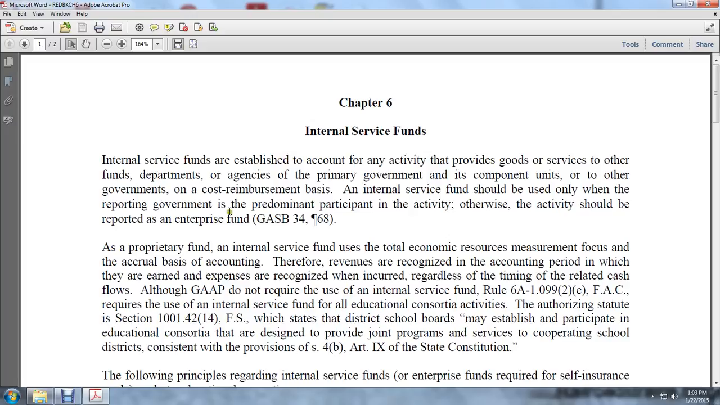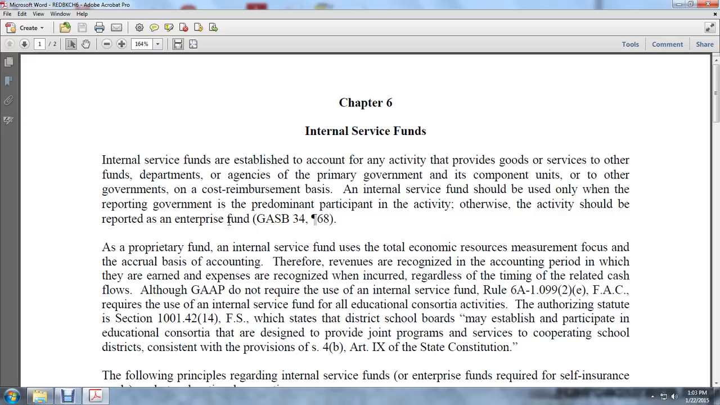It is a proprietary fund. The internal service fund uses the total economic resources measurement focus and the accrual basis of accounting, and therefore revenues are recognized in the accounting period in which they are earned, and expenses are recognized when incurred, regardless of the timing of the related cash flows. Although GAAP does not require the use of the internal service fund, the rule